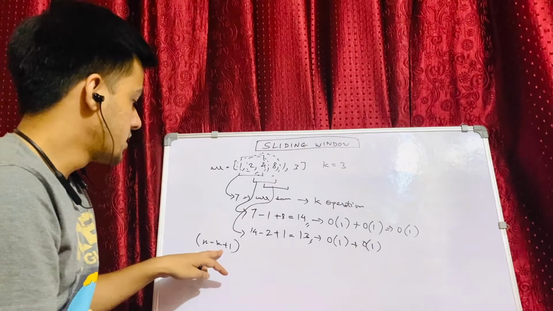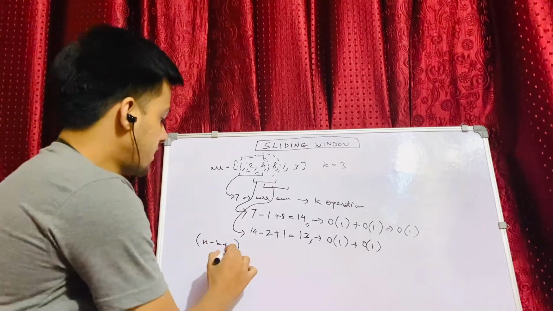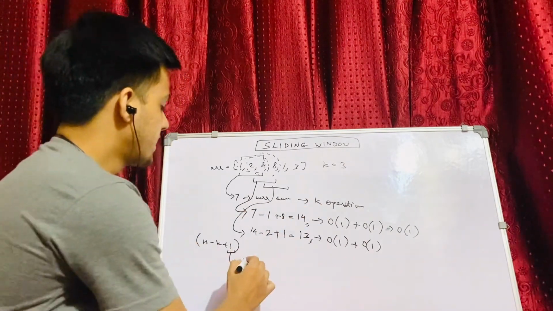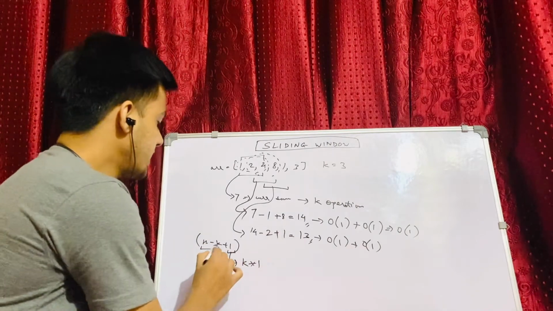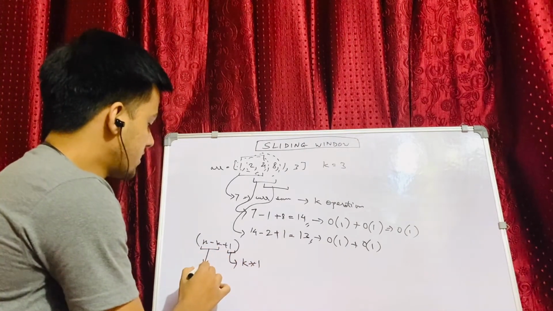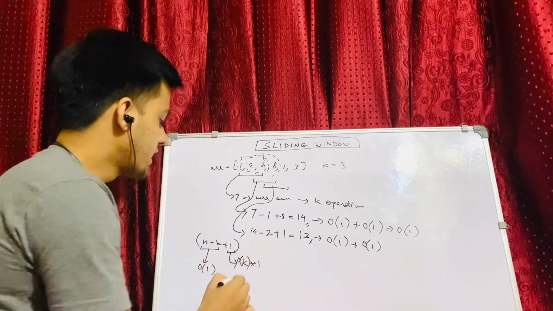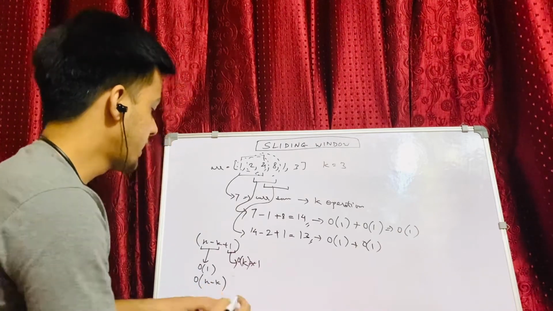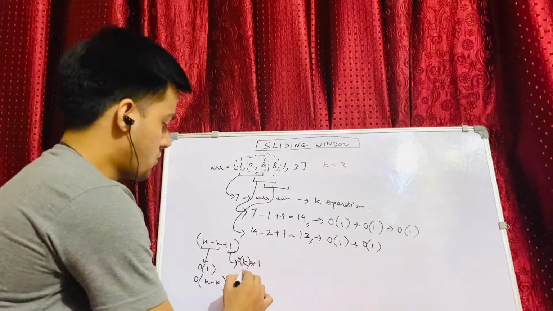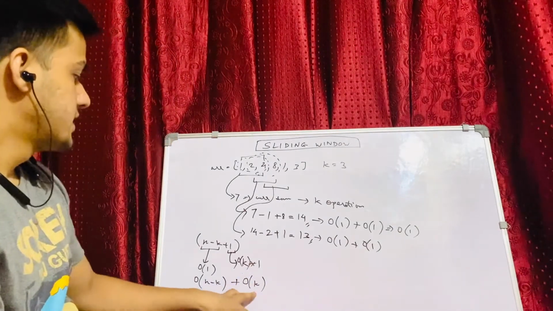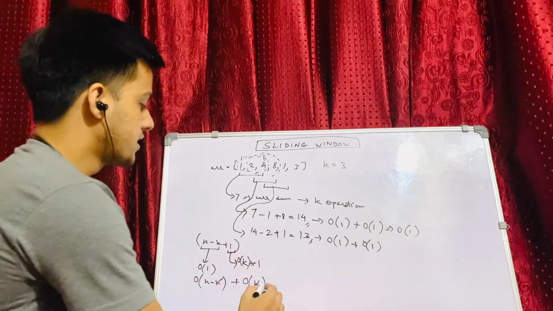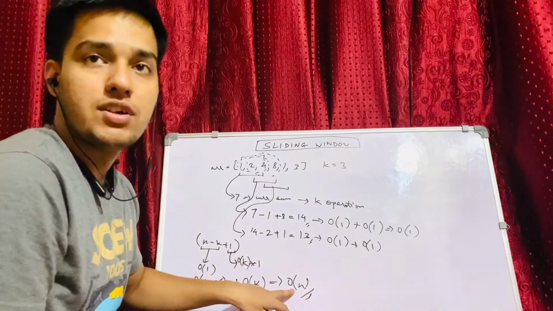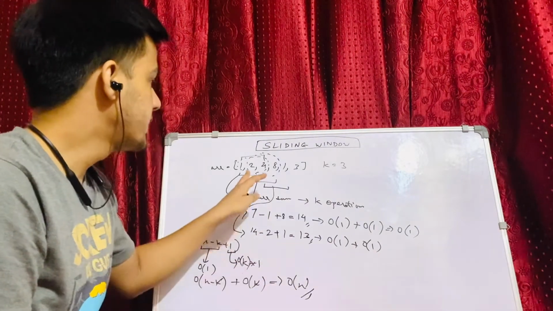Now among all these sub-arrays, the one sub-array that we have is taking k operations. So we can write this down as O of k, and my remaining sub-arrays are only taking O of 1 each. I can write this down as O of n minus k, plus we have O of k here, right? I can just sum this up, and we can cancel this O of k here. So what we would be getting, the total time complexity for this sliding window, is O of n, which doesn't depend on k.